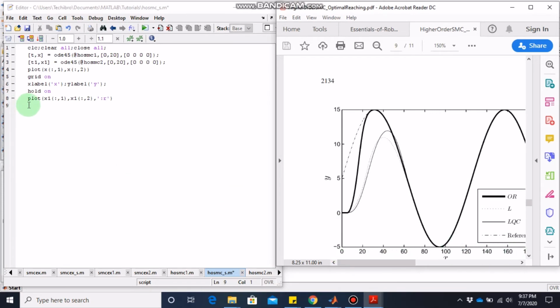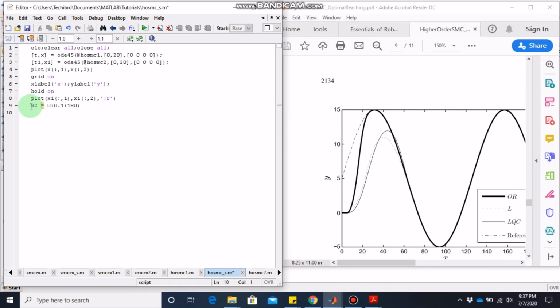So I will define another variable, say x2 equal 0 to 0.1 up to 180. This will be a vector, and y2 will be equal to